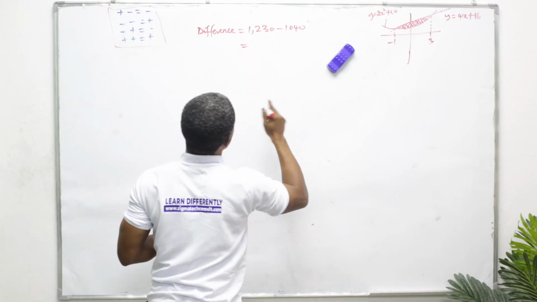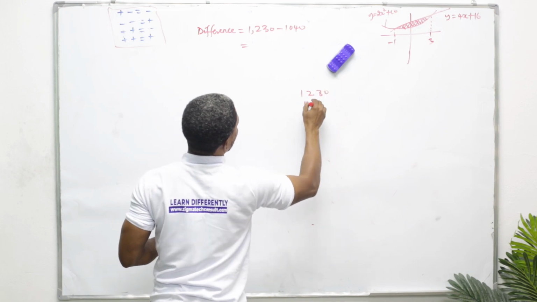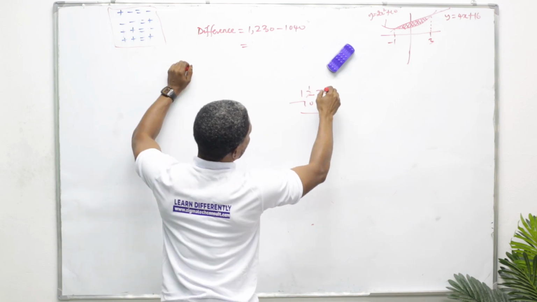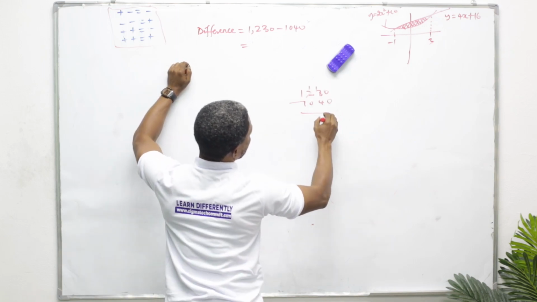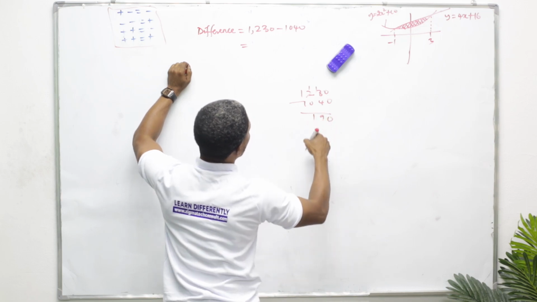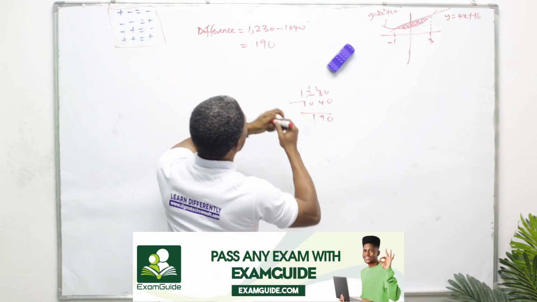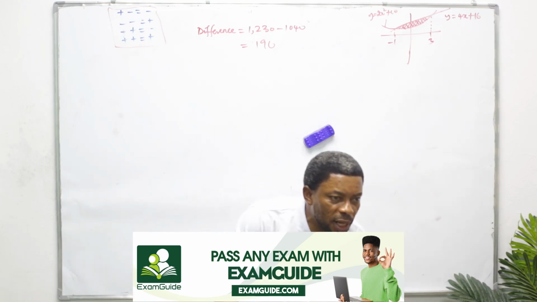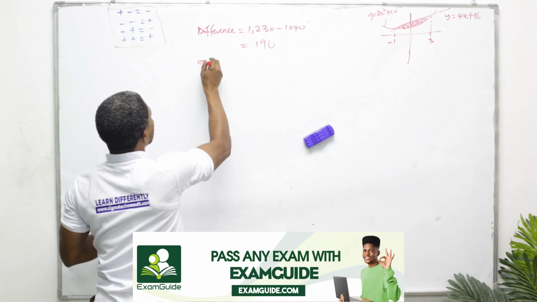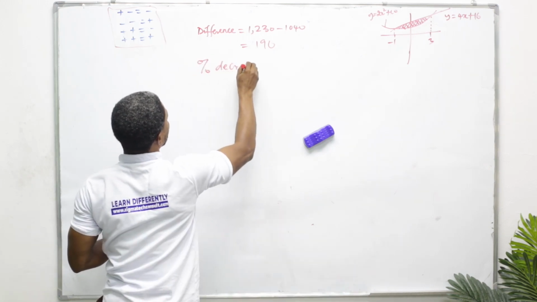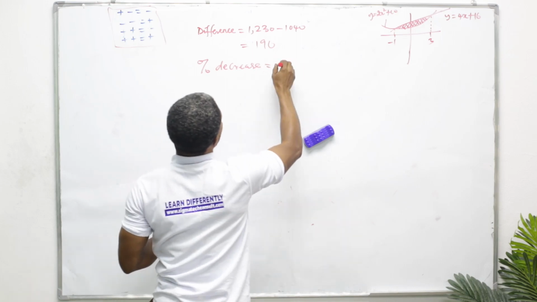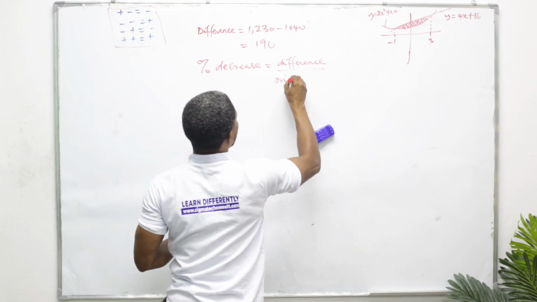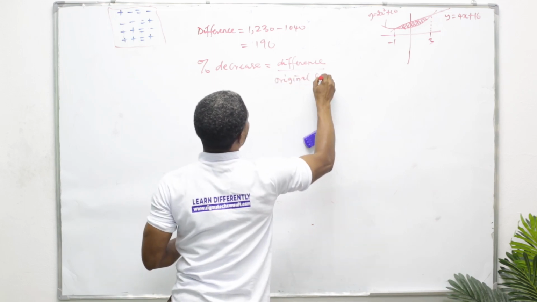And then if you subtract this, 1230 minus 1040: this is 0, borrow 1 from here. This now becomes 13, 13 minus 4 is 9. So 190. The difference is 190. Now the question is, what is the percentage decrease? Percentage decrease is equal to your difference all over your original population